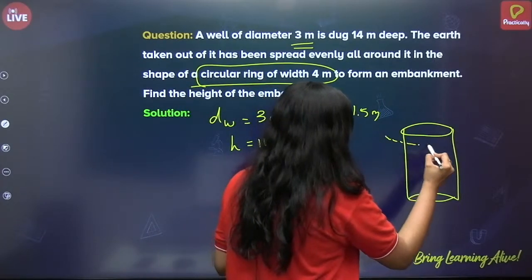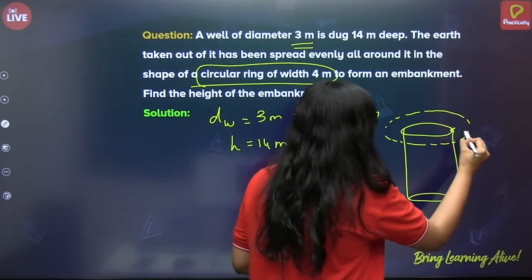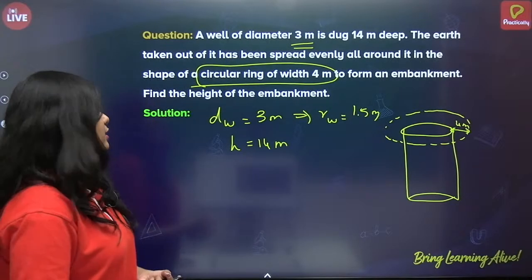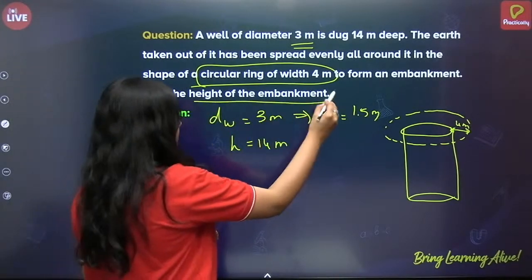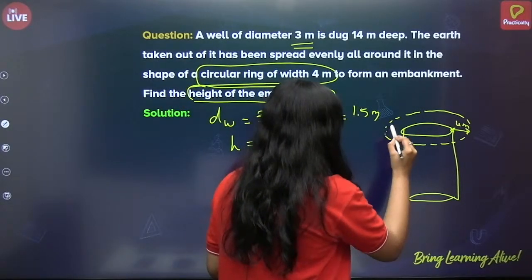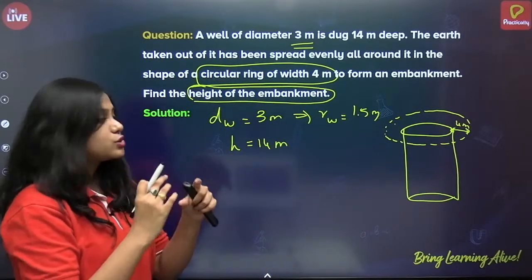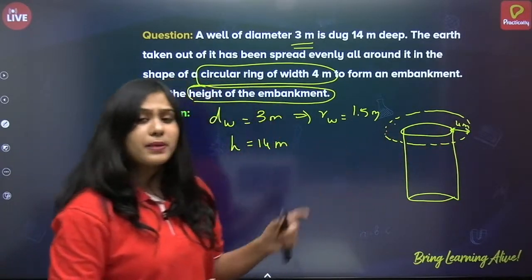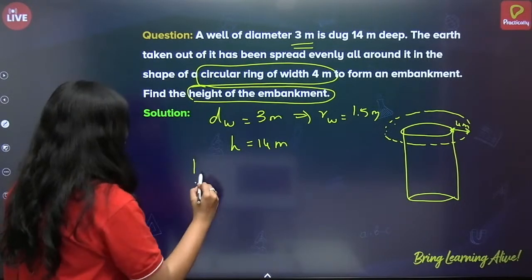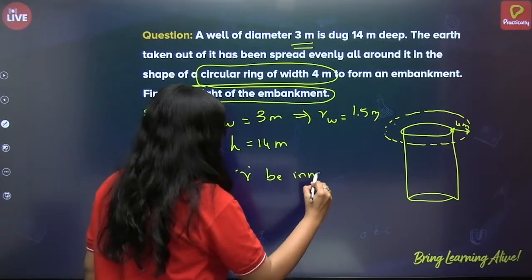So around it, it is given. Let us just draw like this, correct? Around it. So this width is 4 meters. Next, to form an embankment, find the height of the embankment. All right. So we have to find the embankment. So this again will be in the form of a cylinder, correct? So we know the width, but there is an outer radius and inner radius, right? So let us take r, inner radius